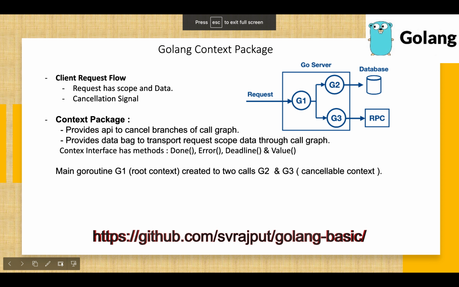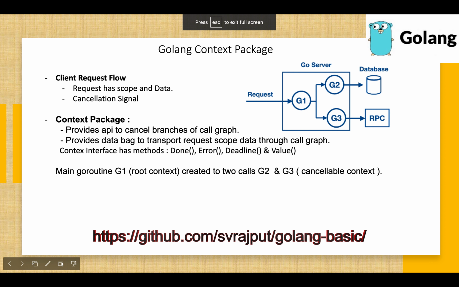What if a request gets cancelled by the user or for some other reason, or the request times out? How should our application handle this scenario? We can cancel all the Go routines or operations being performed for the end user. So this is where the context package helps you reclaim all the resources your application or the set of requests is using. We need a way to propagate the cancellation message into the request scope and call graph across